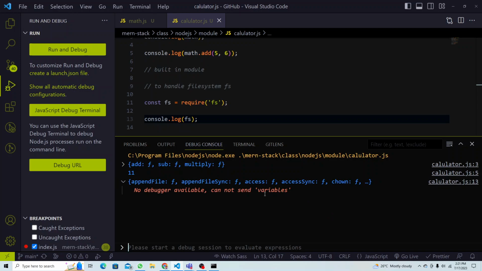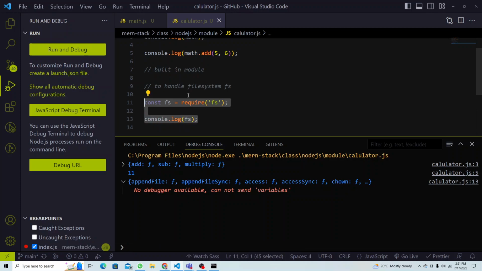It has many functionalities inside, many properties. Remember, like add function, multiply function, subtract function, same thing. So we will look at this later. We're going to look at a couple of examples with the file system,